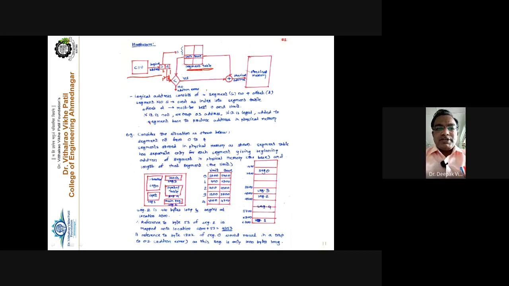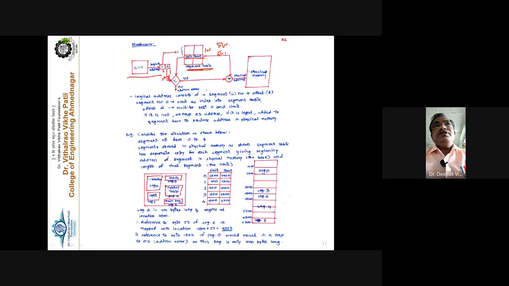The segment table is maintained, just similar to your page table, which contains your segment number and its corresponding limit. Limit is nothing but the size of that particular segment, and the base is nothing but from where that particular segment has started. Say, for example, if it starts from the 500 MB location and is limited to 100 MB, then 500 to 600 is nothing but one segment.